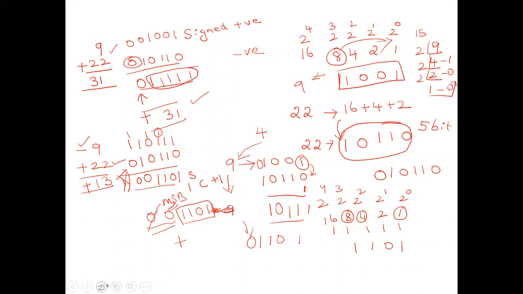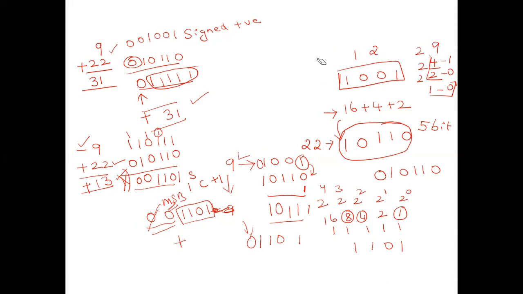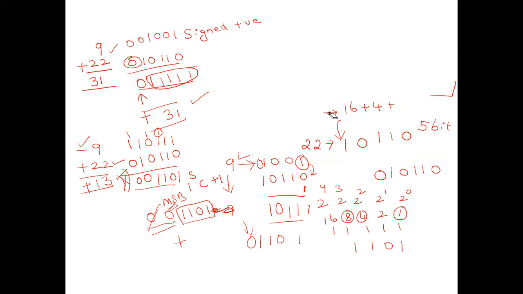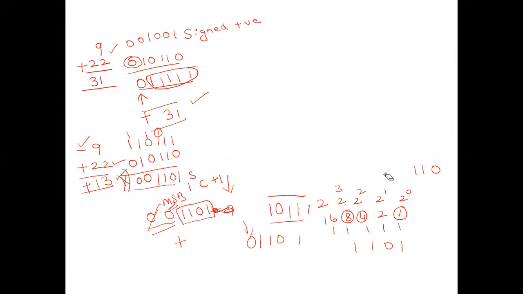We are not going to stop with this; we are going to see many examples. Here, -9 plus 22 is not an issue, it becomes very easy. But if you get +9 minus 22, we'll see that example. Let's see what output you get. So now the input, what is the input?